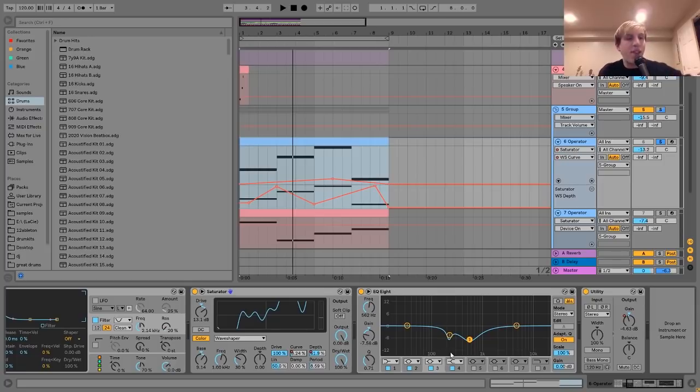Another good way you could do this is if you have any kind of MIDI controller, like an Ableton Push or something like that, you can just do it with your hand with the knob on there and just record automation that way. But I wrote it in here. And yeah, so then after that